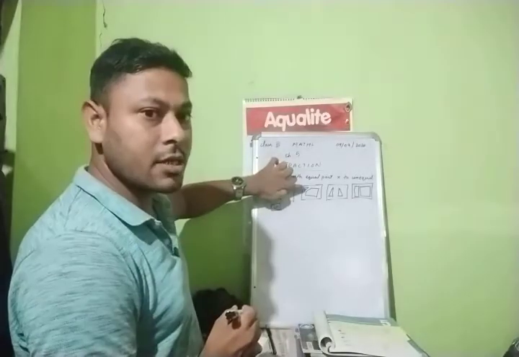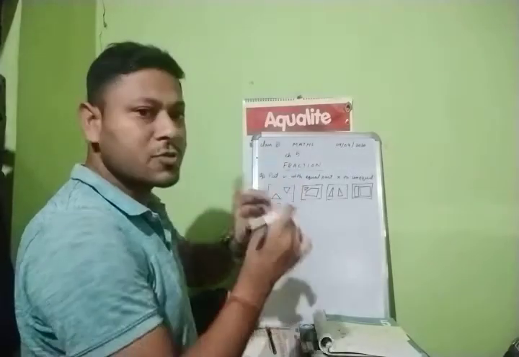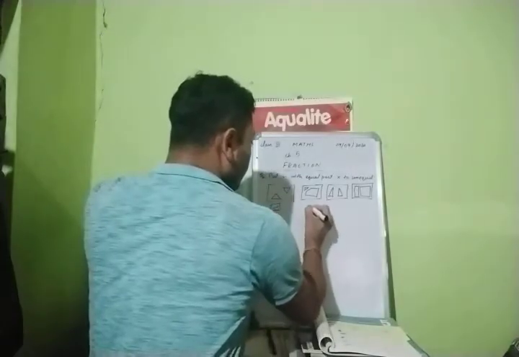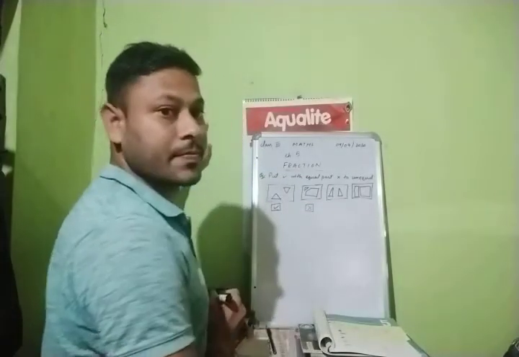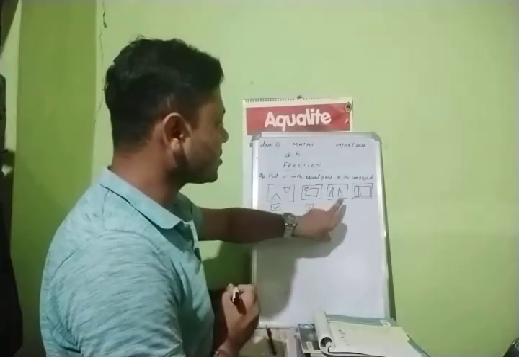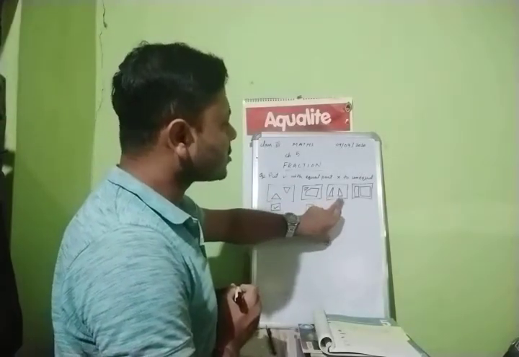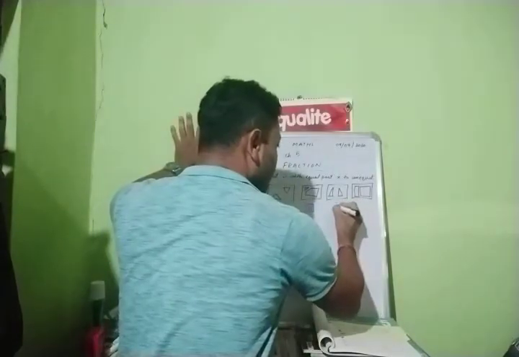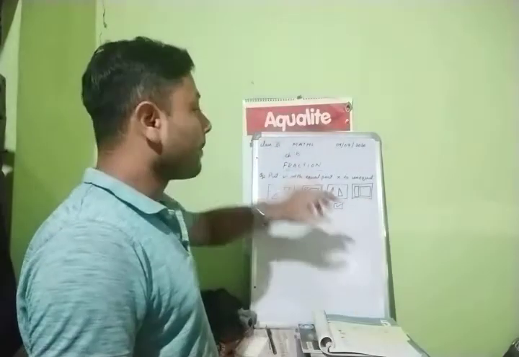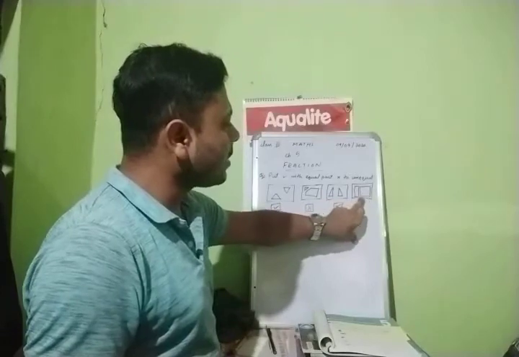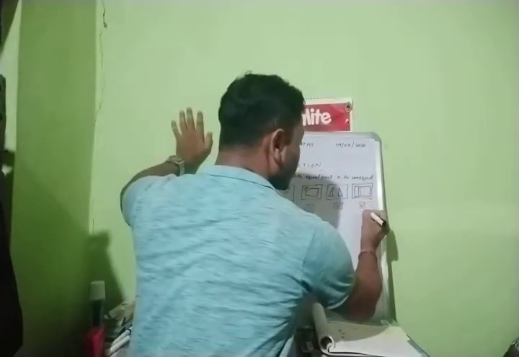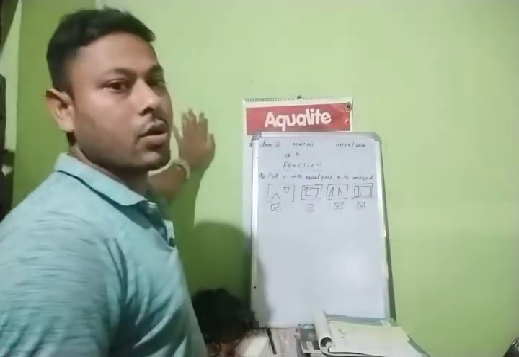Now see here. A small part is there and one big part is there. Are those parts both equal? No. So what do we have to give there? Cross. Right? See here. Small triangle, both are equal. So right. Big rectangle, small rectangle. Is this the same? No. This is not the same, so we have to put a cross.